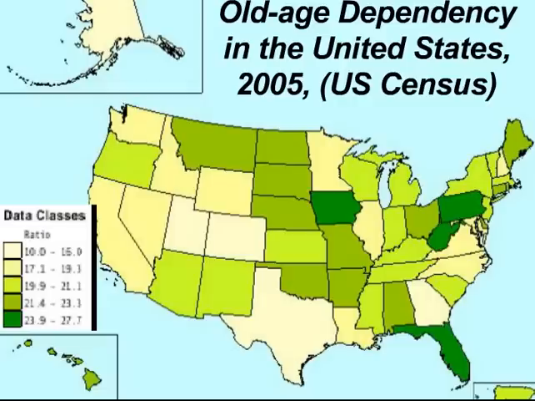Next up is a term called old age dependency ratio. And so what this is, is just the number of people that are retired versus the number of people that are working. And so one of the problems that you have in places like Iowa and Pennsylvania and West Virginia is that there's a large retired, large elderly population, but a much smaller younger population. And largely what's happening there is younger people are moving out.